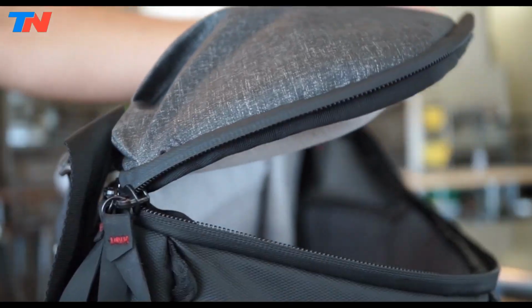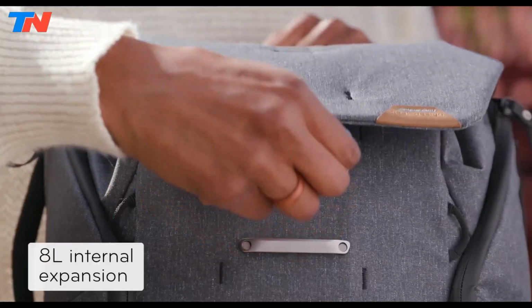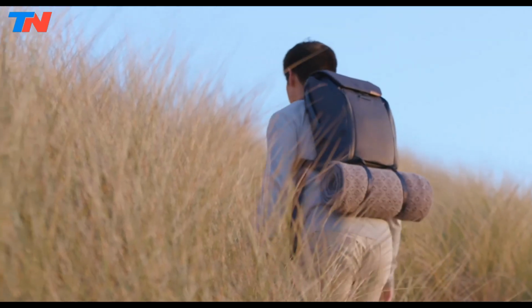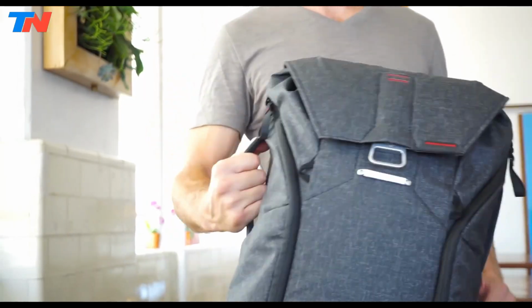zips for side entry. It includes a padded sleeve for laptops up to 16 inches, expands by 8 liter for added capacity, and has external straps for carrying gear. Comfortable padded straps, a breathable back panel, and sustainable materials make it a durable, adaptable choice for diverse daily and